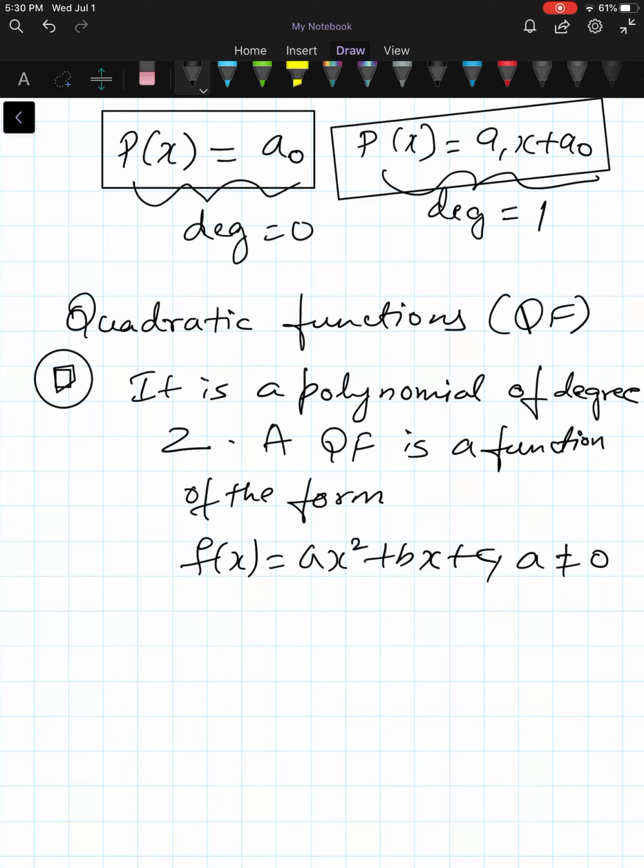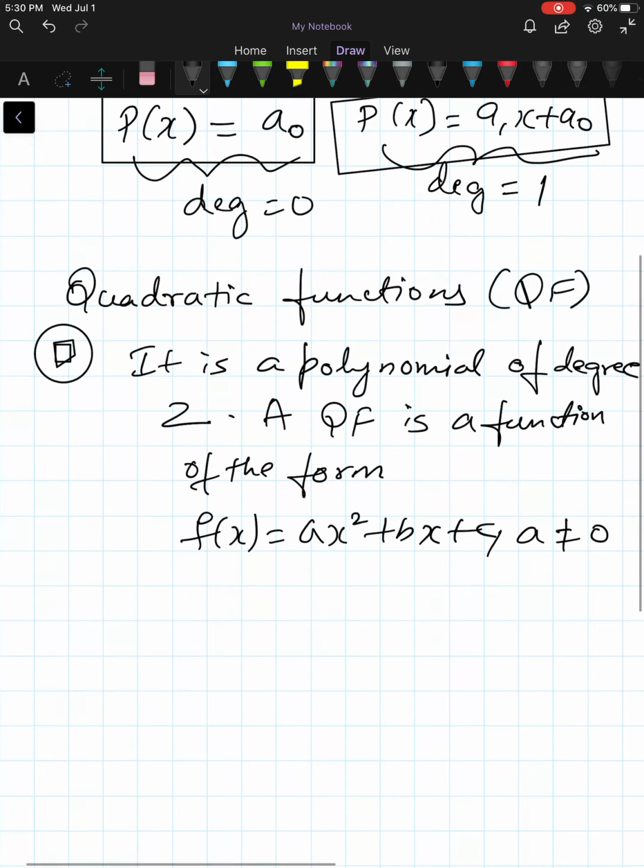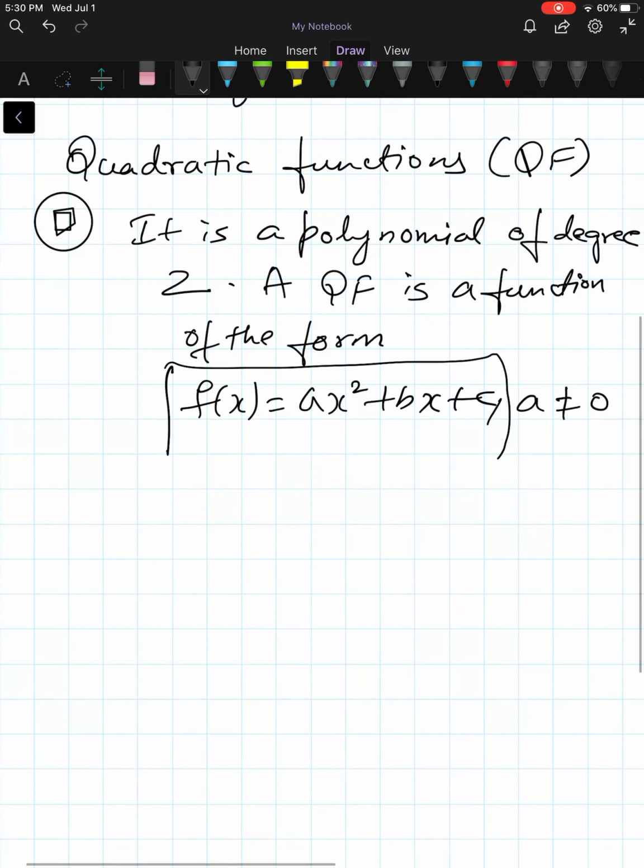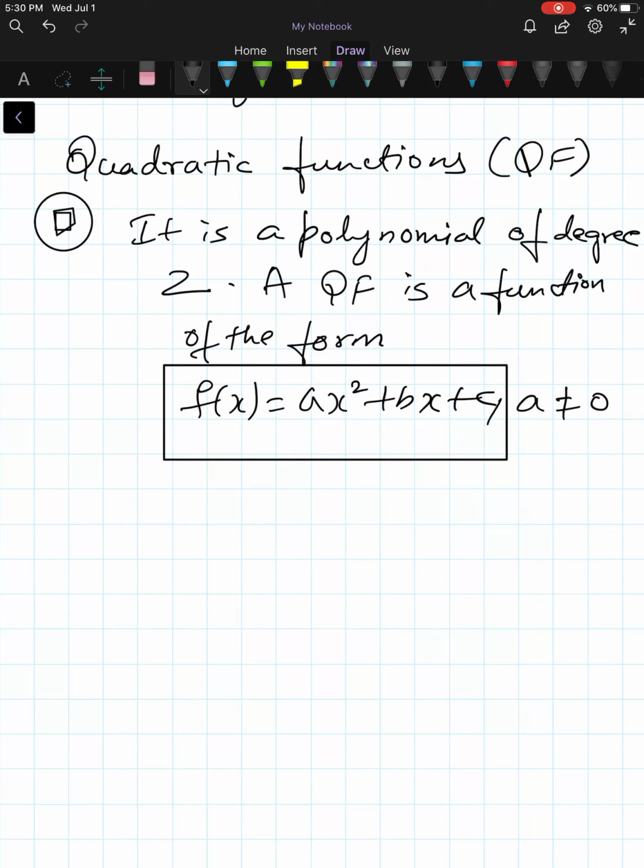We will see how we model quadratic functions in real world phenomena, and we also analyze the graphs of quadratic functions. So this is nothing but the standard form of the quadratic function. The quadratic function can also be expressed in a different form, where we will be able to analyze certain parts of the graph, that is the vertex and other features. So this is the standard form of a quadratic function.